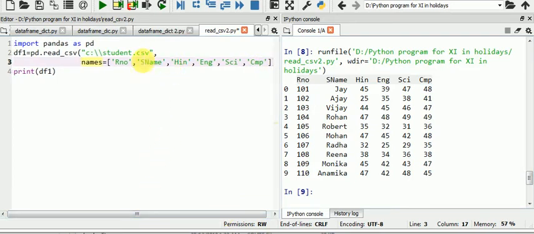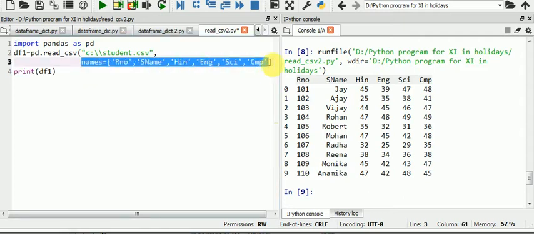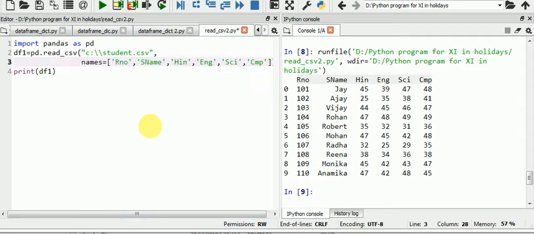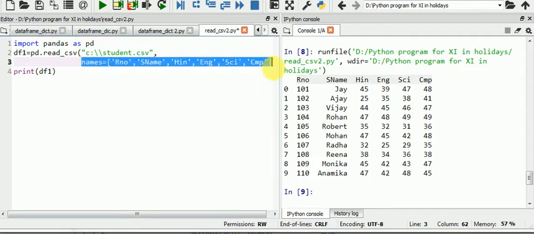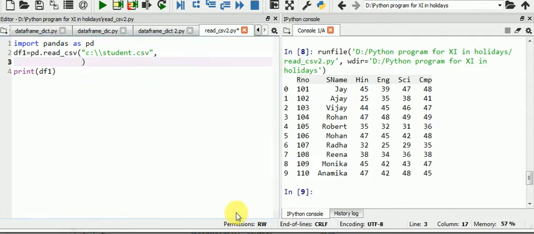Suppose you don't want to set a header here, then remove this and give header is equal to None.